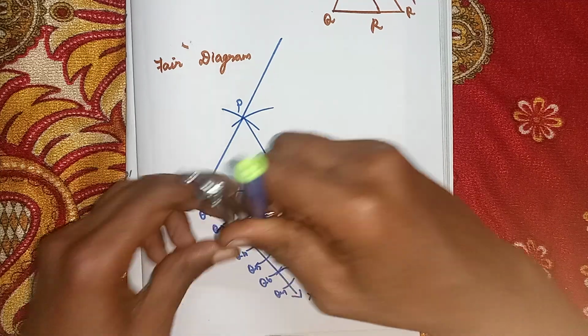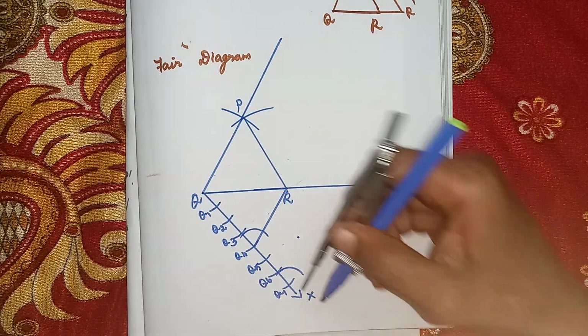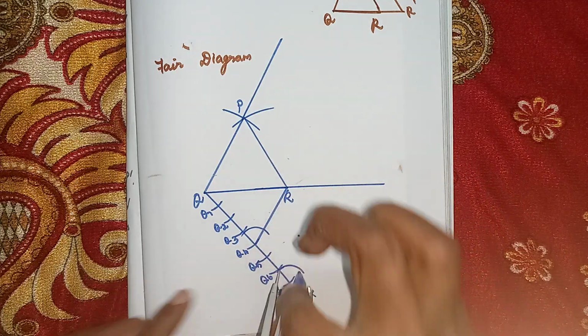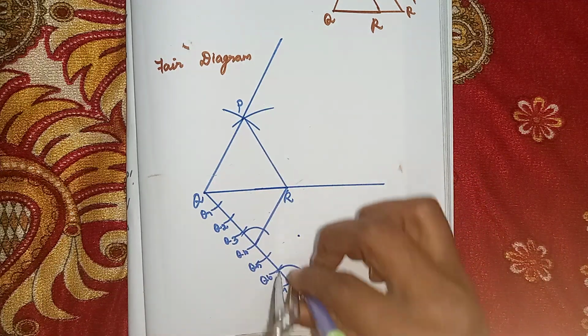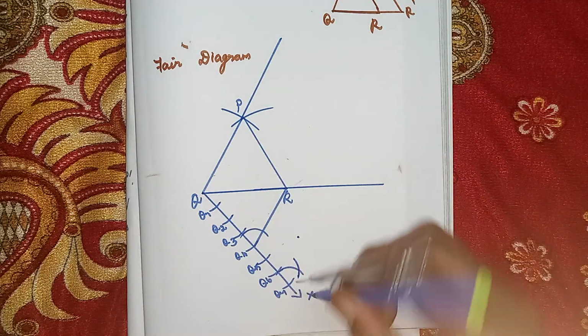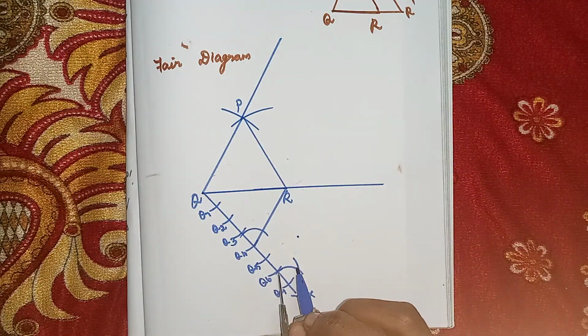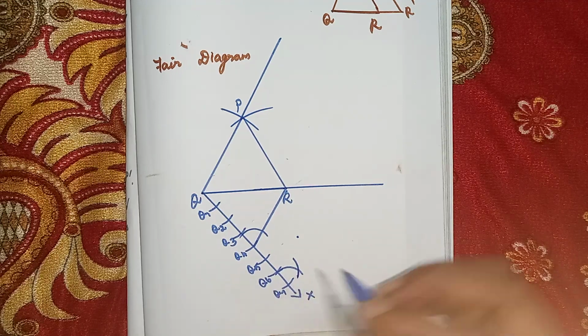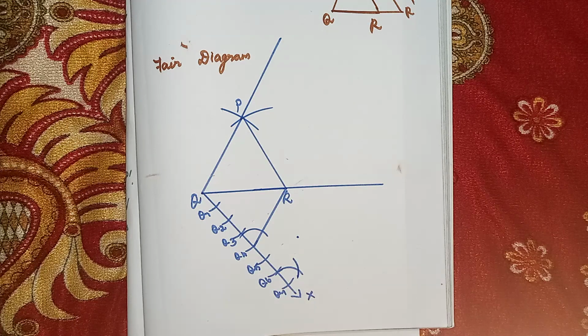Okay, now I have measured here also from this. Now we have drawn the arc from here, and you want to draw the arc here also. From here to Q6, now we have drawn the arc; from here to here also you have to draw an arc.